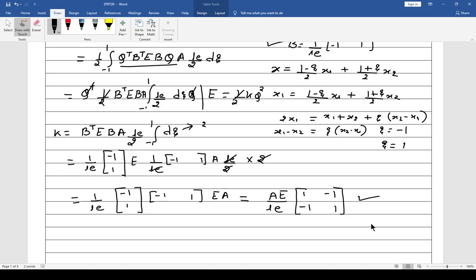Previously we also derived this, but that was using a global coordinate system. Here we have derived it with the help of the local coordinate system, or intrinsic coordinate system. Because of this, my integration problem reduces to the usage of the Gauss quadrature 2-point method. Here in this case it was a lot easier, so immediately I got 2. But if this is complex, then I have to use the Gauss quadrature 2-point and 3-point methods to evaluate this, and finally I am going to get this. So I hope you understood this. Just let me know.